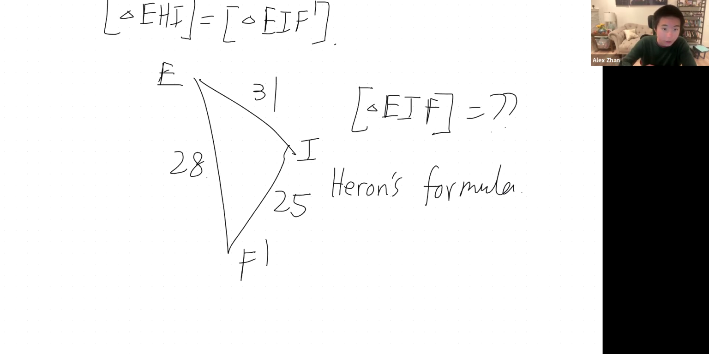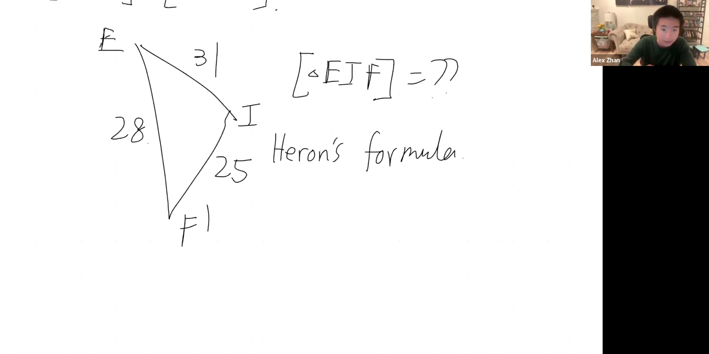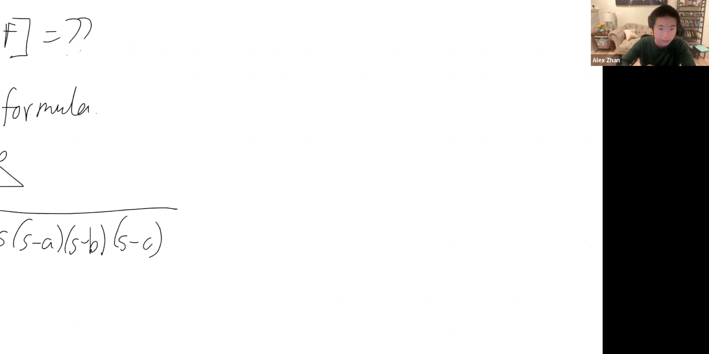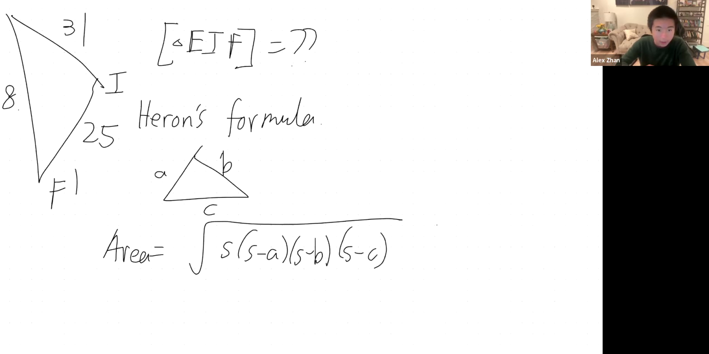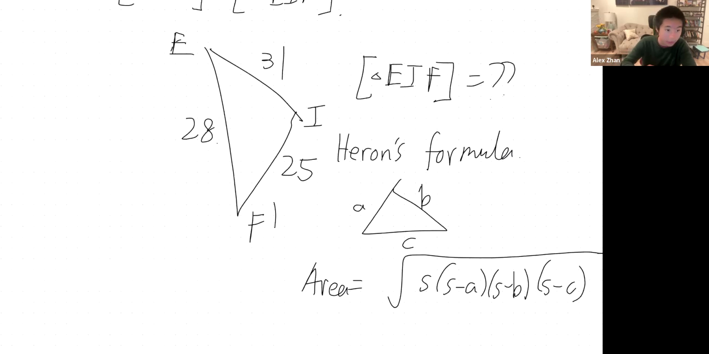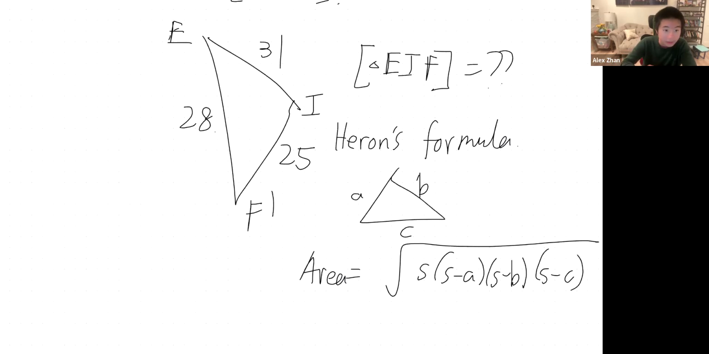So given any triangle with side lengths A, B, and C, the area is equal to the square root of S times S minus A, S minus B, S minus C, where S is defined to be the semi-perimeter. So where S is equal to A plus B plus C over 2. So now in order to find the area of this triangle, we can directly apply Heron's formula. So in this case, S is equal to 31 plus 25 plus 28 over 2. This is 31 plus 53 over 2,